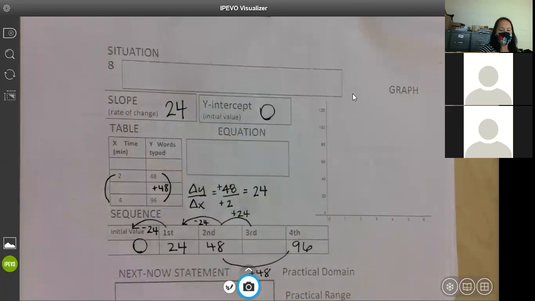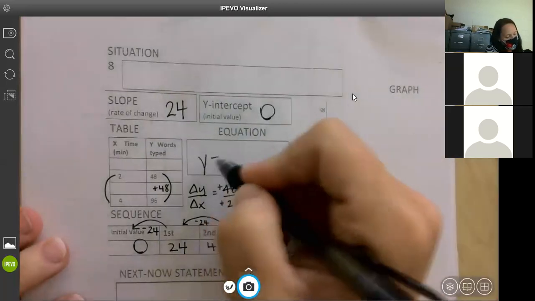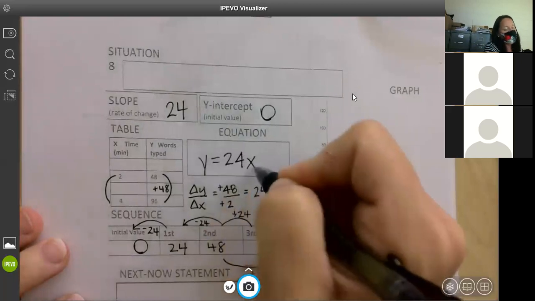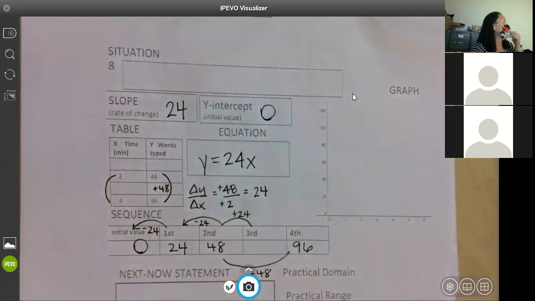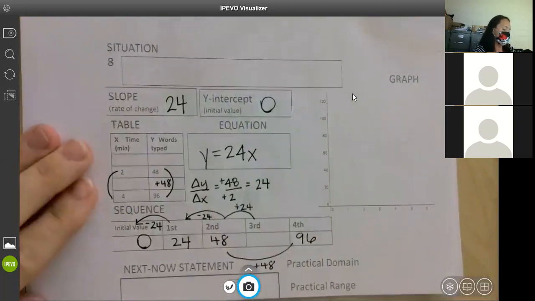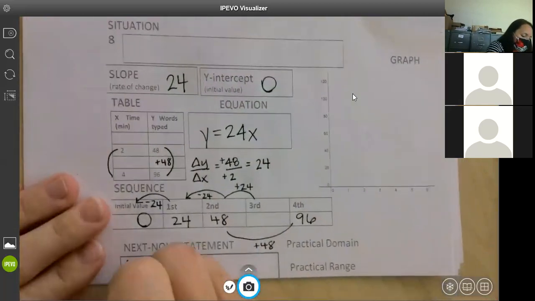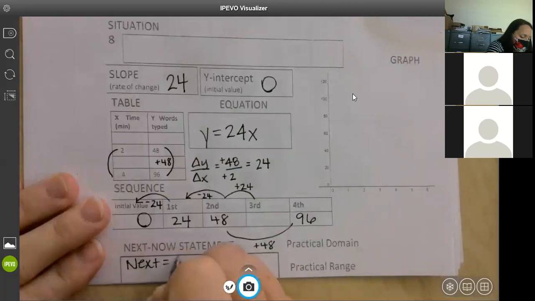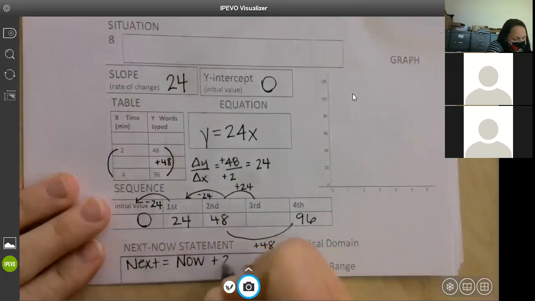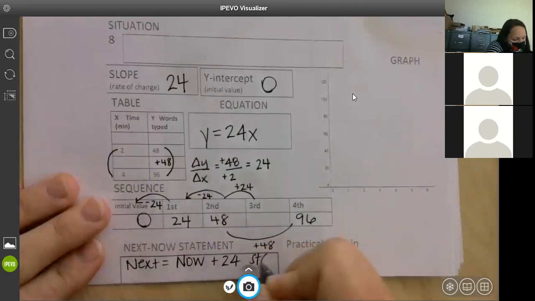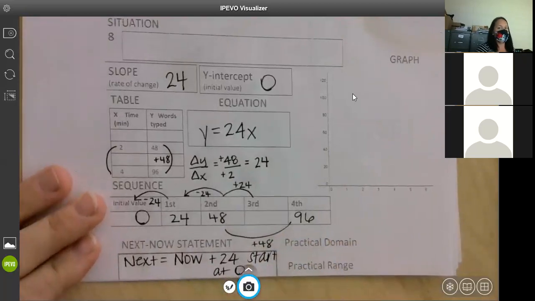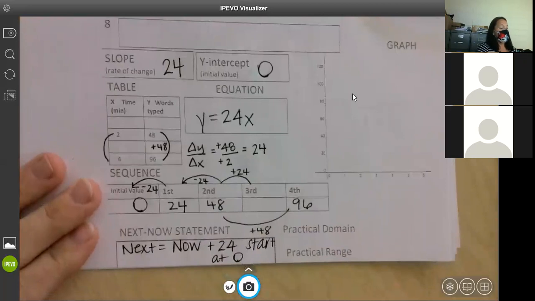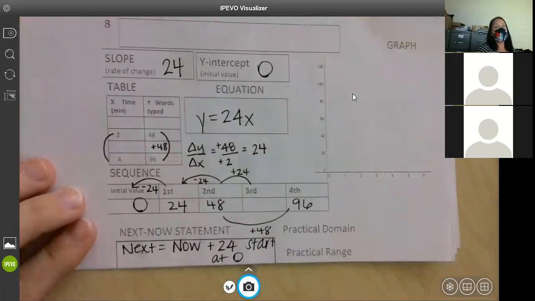What is our equation? Do I have to put the plus 0? Can you? Absolutely, you can. Okay, so don't feel bad. If you need it there, use it. Next equals now plus 24, start at 0. Perfect. Yep. Any questions? All right. If you are good to go on